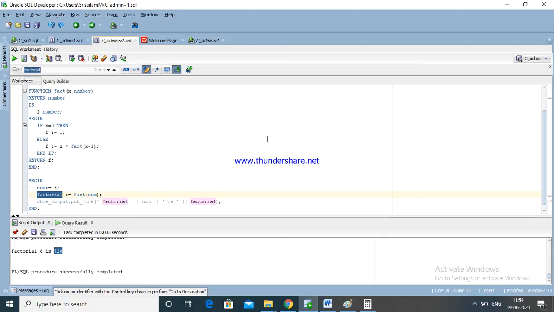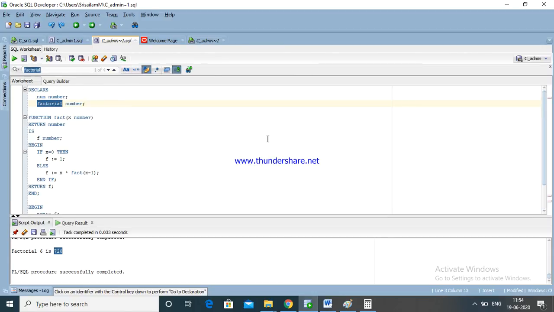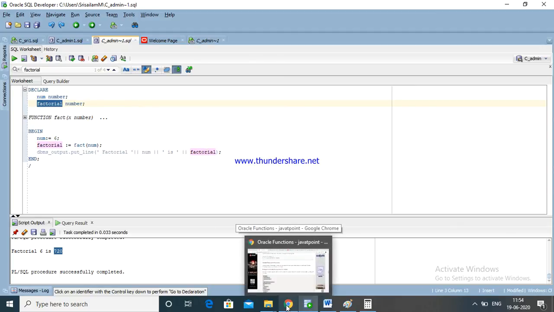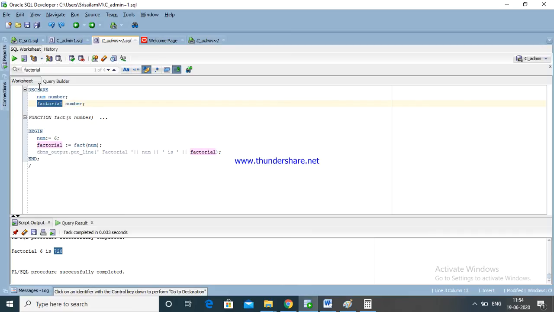Control F. Here in the declaration section we are using two numbers. There is a factorial, and in this there is a function. The same factorial we are returning. This way we have completed a recursive program also.